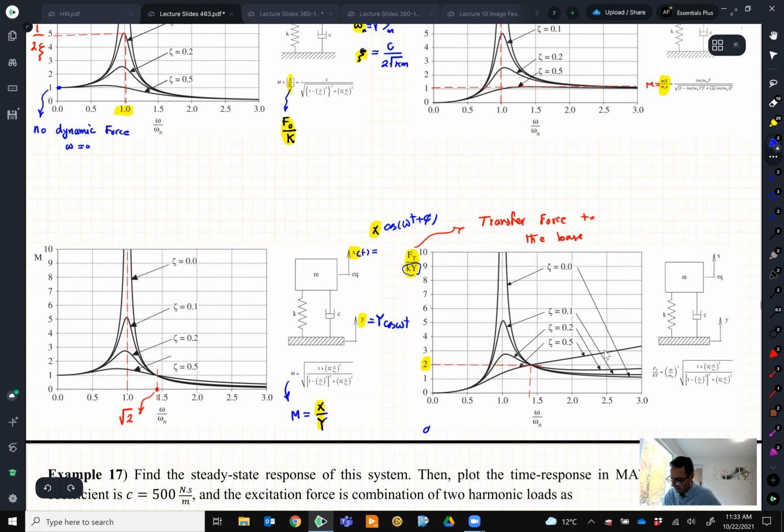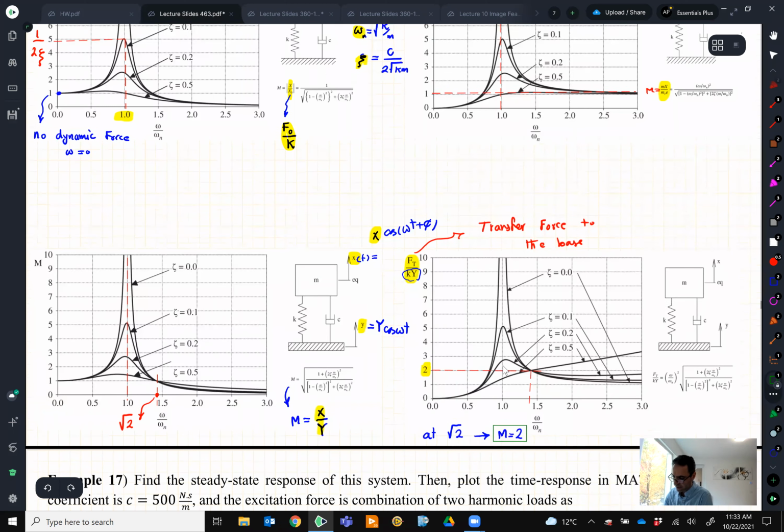All right. At the square root of 2, M always is 2 for all the cases. But after that and before that, we talk about it that these magnification factors become smaller and larger. But at the square root of 2, it's always equal to 2, not 1. Right? Unlike this one,